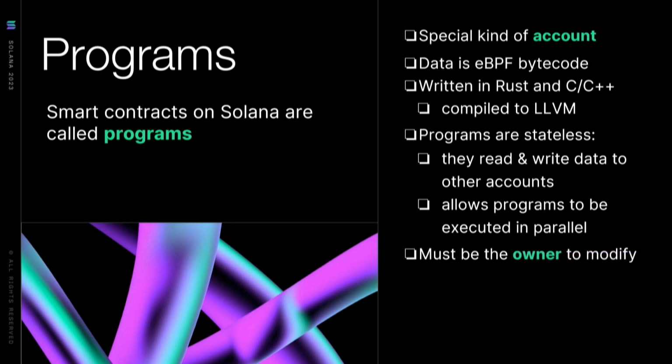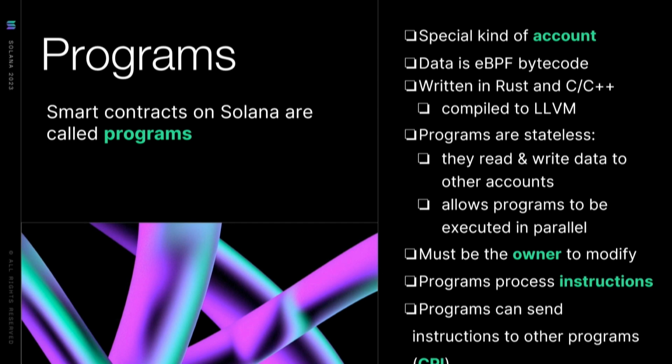So basically with programs, you must be the owner to modify them, and programs process instructions. This is very important because, like I alluded to originally, hopefully it's clear that on Solana, everything is an account. Transactions are basically collections of instructions. These instructions are very simply things that we want programs to do, or things that we want different accounts to do within programs. So programs must process instructions, things that call methods that are outlined within their code. Looks like some of this got cut off, but programs can also send instructions to other programs, which is CPI,